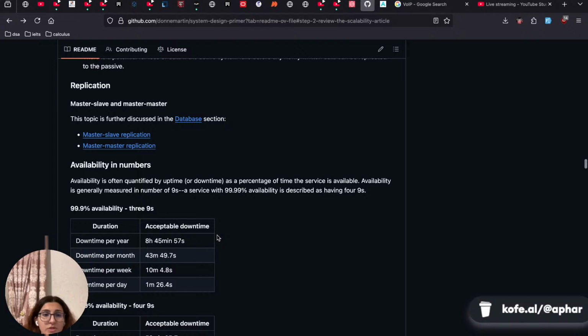Availability in numbers. Availability is often quantified by uptime,